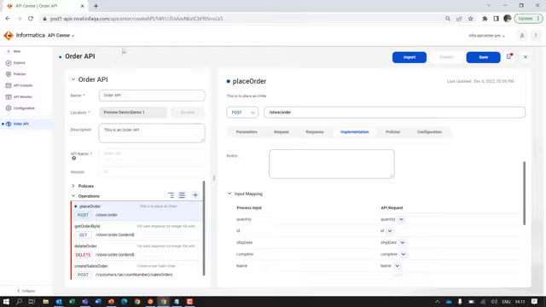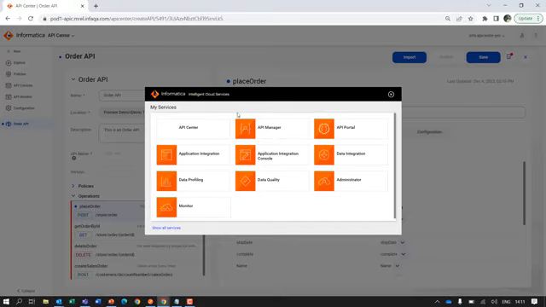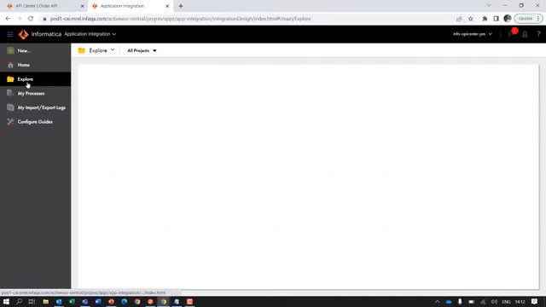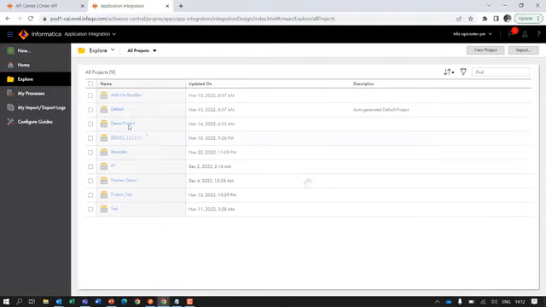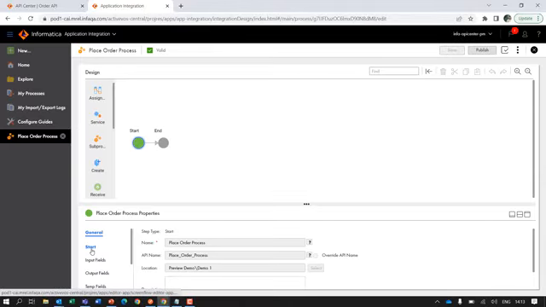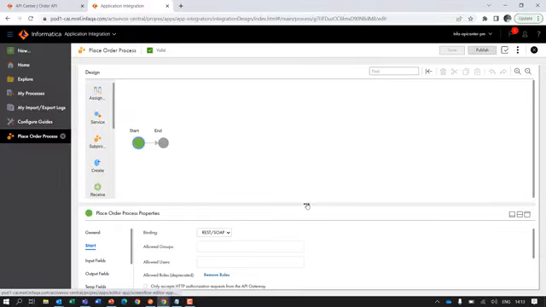Now let's look at the generated process. So for this, I'll go into app integration environment. Go into the right folder, which was preview demo, and the folder name was demo1. You will notice that we have already created an app integration process, which is in published state. Let's look at this process. You notice that this is an anonymous process,